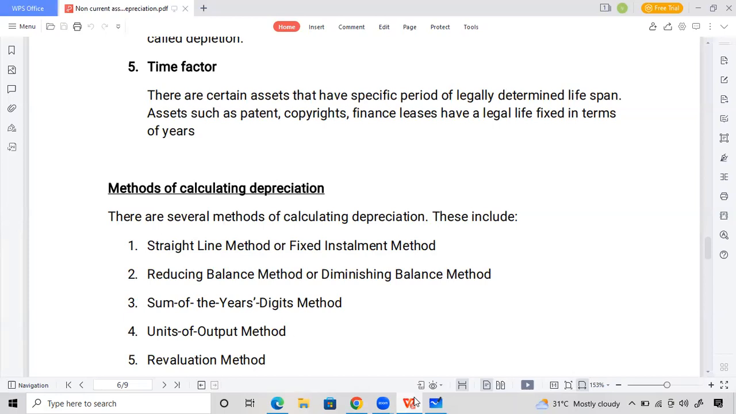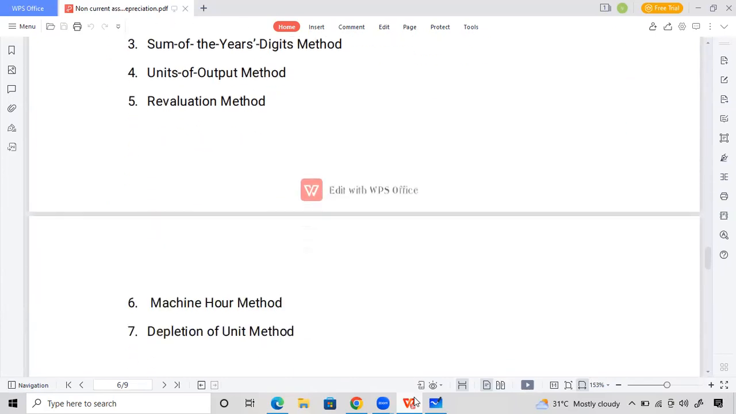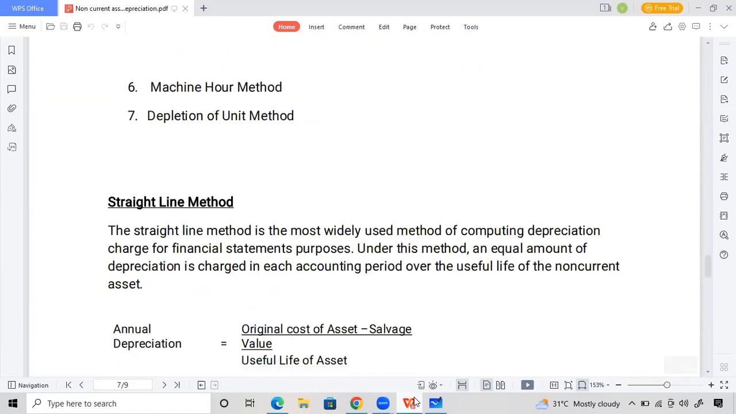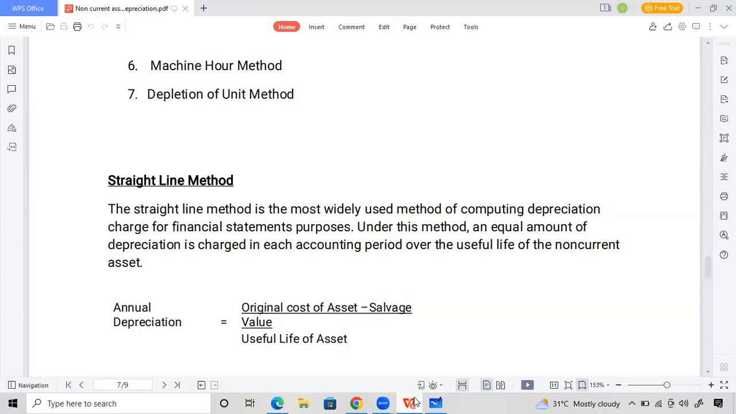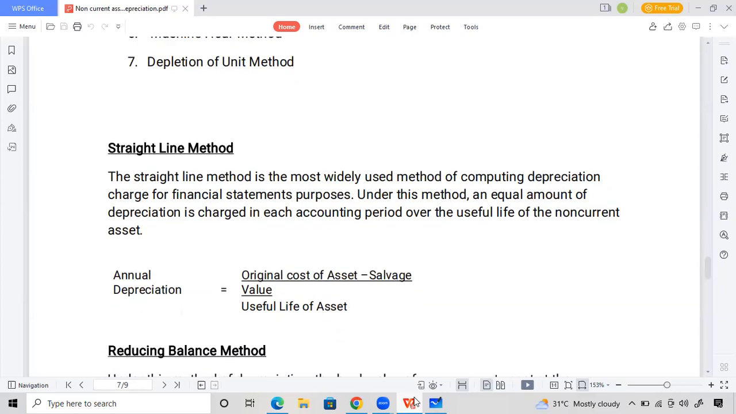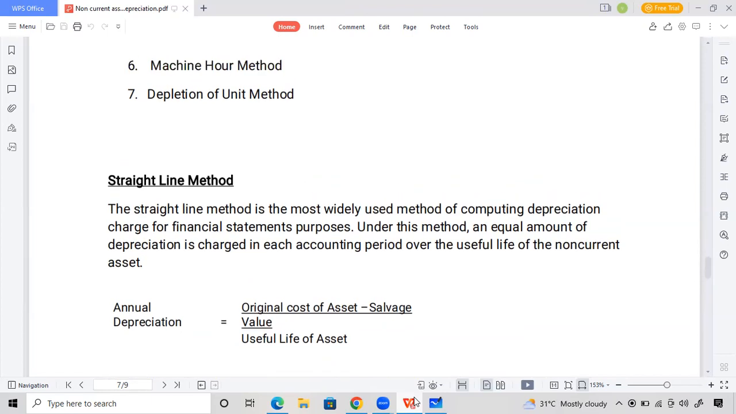Straight line method, reducing balance, sum of the year, unit of output, revaluation method. We also have machine hour method, and we also have what we call depletion of unit method. So when we say straight line method, how do we calculate that? If it is straight line method,